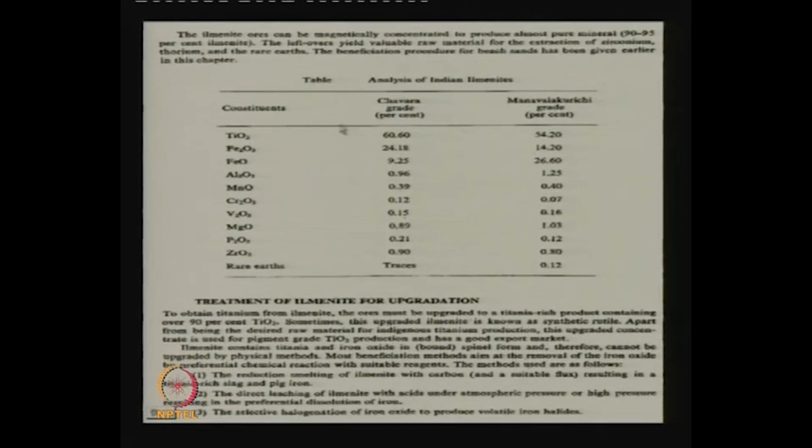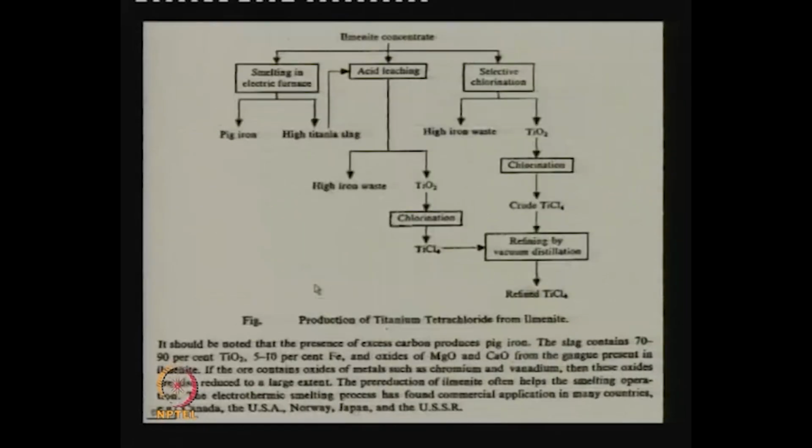Now, I mentioned that India has ilmenite, and given the analysis of two sources from which we can get ilmenite, these are beach sands. They can be very easily upgraded because ilmenite is easily attracted by magnets. So, using low intensity magnetic separation, we can make a concentrate. And then there are three basic approaches to get titanium from